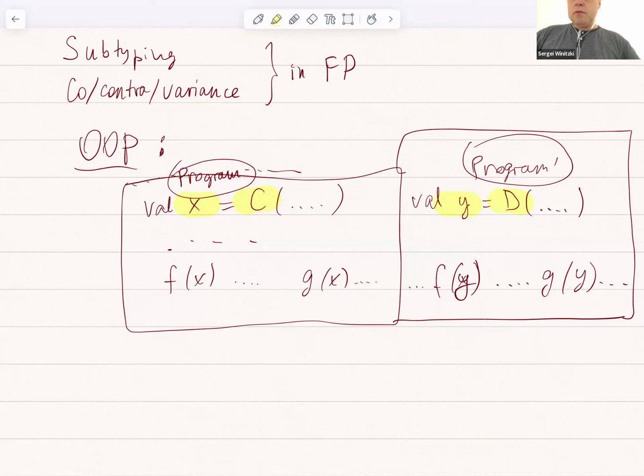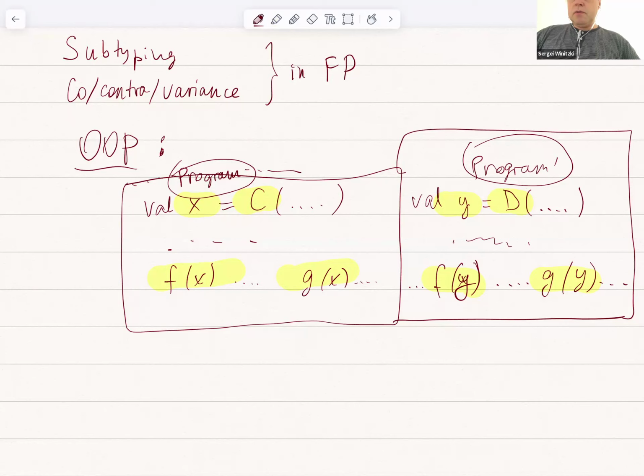But so let's not talk therefore about the new program being equivalent to the old one, or that you should be getting the same results as before with the new class. But instead, let's just say the new program should compile. The compiler should accept that the code that you had before with x now is written with a different value, a different type. The compiler should accept that. Okay, so